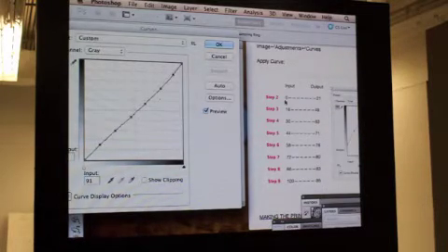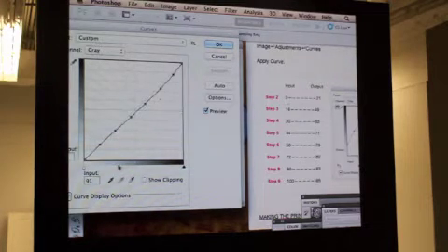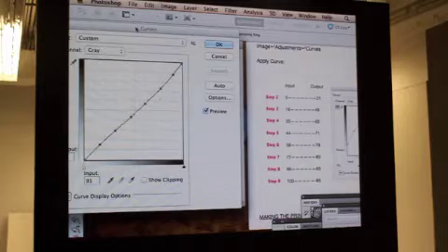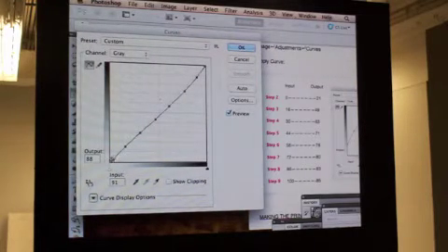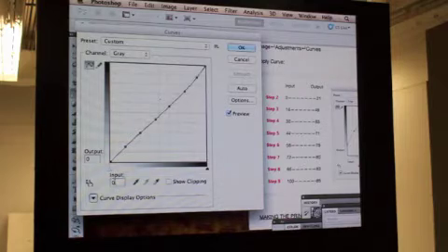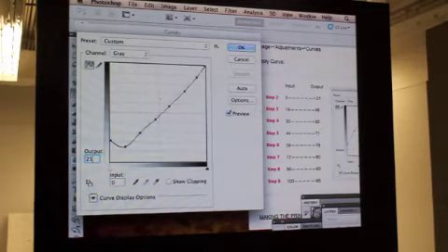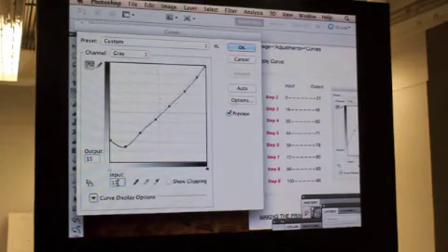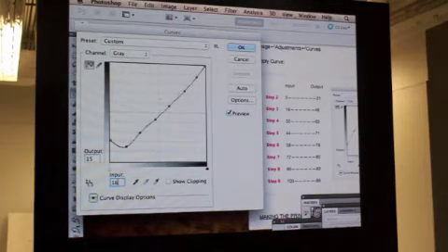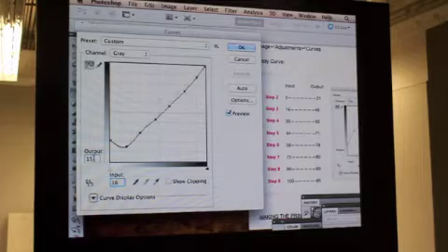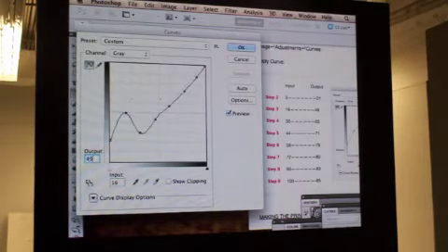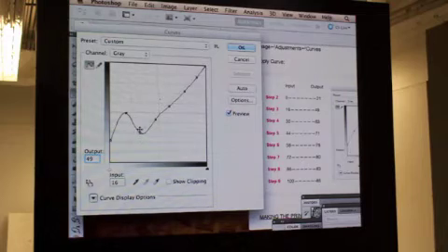So let's say step 1, which is 0 as the input. And here, I'm going to click on that point. Starting with the first one, which is step 1, input 0, output 21. Is this the new curve? This is the new curve. Step 2, input 16, output 49. Step 3, input 30, output